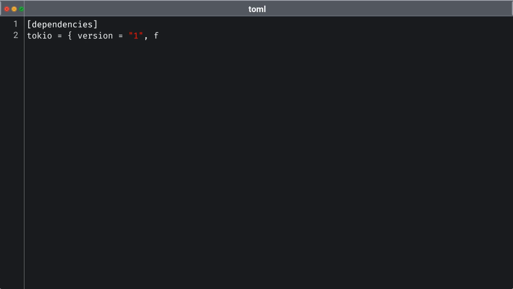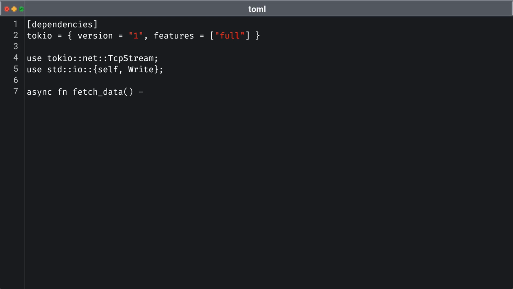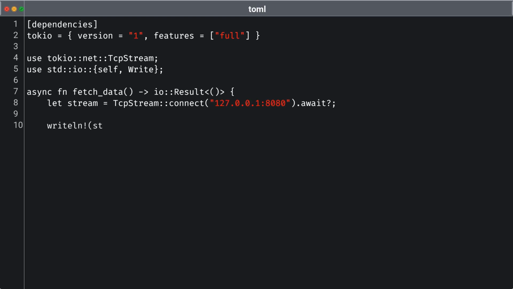In this code, we first import the necessary modules from Tokio and the standard library. The TcpStream::connect method establishes a TCP connection to the specified address, in this case, 127.0.0.1:8080, which is a common local endpoint for testing. This call is marked with await, indicating that it will yield control back to the runtime while the connection is being established,